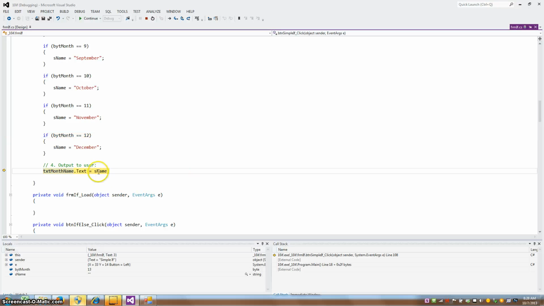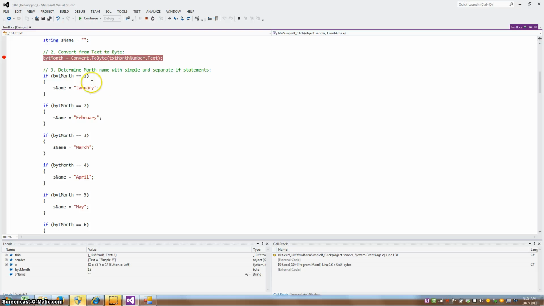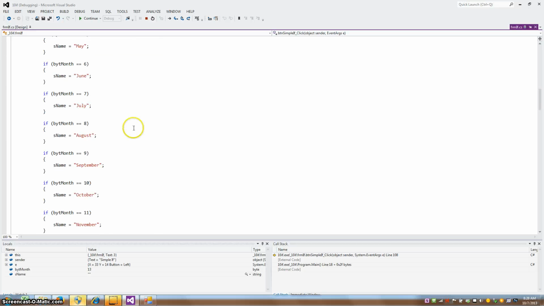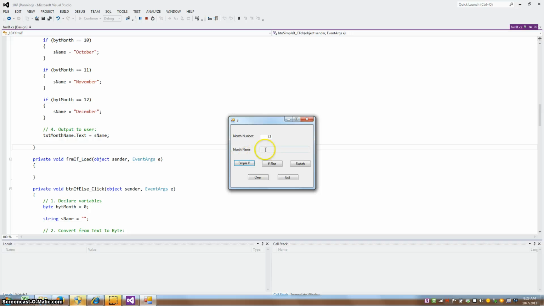When it comes down here, it's going to do a blank into the text box. And how that happens is because I initialize sname to a space, and only if the conditions were true do we put in the month name. So if we reach down here, and the user entered a month of 13, there's no matches, so a blank gets put in. And you can see the user doesn't see any message, it just didn't make a match. So I'm going to end the program,